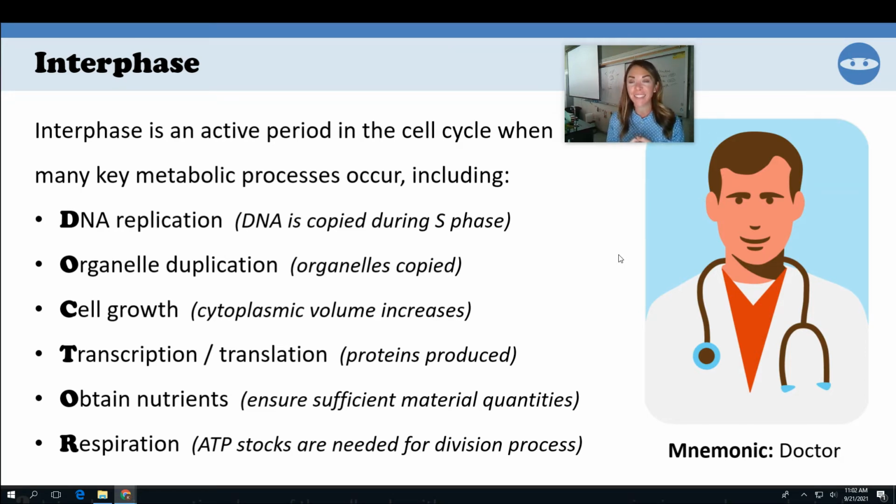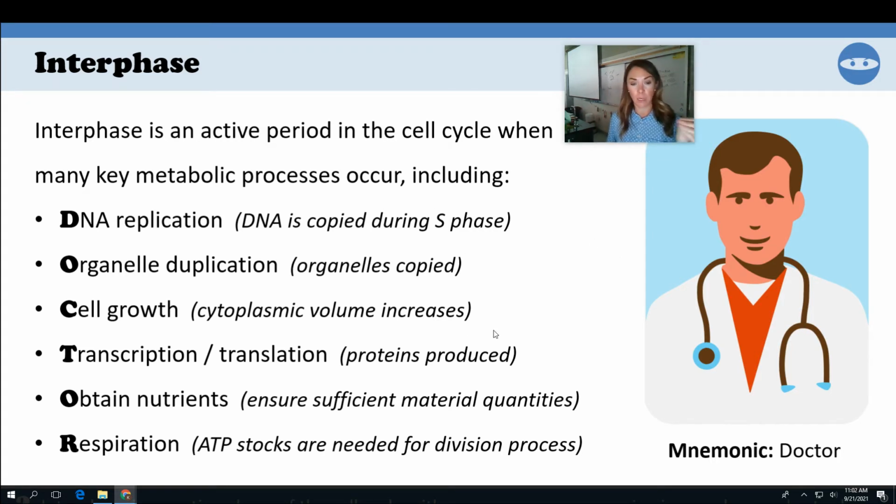So if you were to outline what happens in interphase: DNA replication, my organelles, I just said this all, but you can kind of make a mnemonic device next to it. The cell is going to increase in size. It needs to get bigger because all these things are being packed up: the proteins and the DNA.